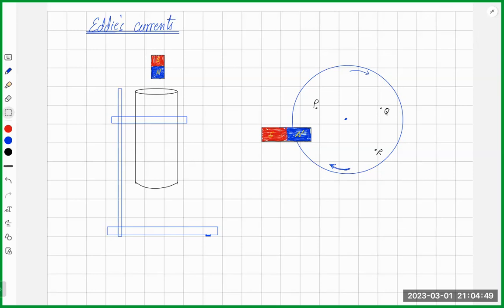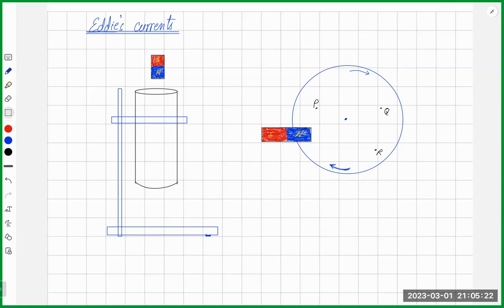But what if instead of a wire-like or rod-like material cutting magnetic field lines, a surface-like thing is having a change of magnetic flux around it? It's not a normal conductor. The surface is made of a conductor, but it is not a wire-like conductor. It is a surface. Now, when a surface has a change of magnetic flux around it, we can have points of higher potential and lower potential